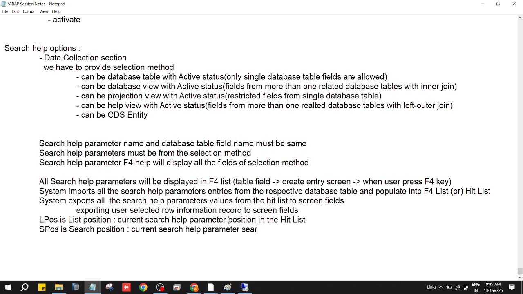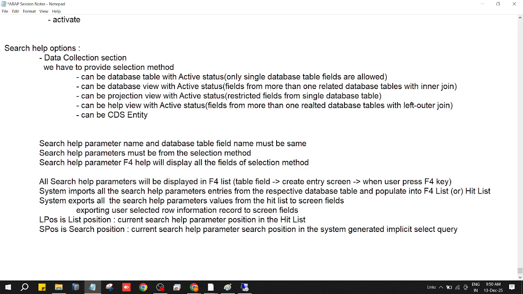This is list position. This is search position. In the system generated implicit select statement,